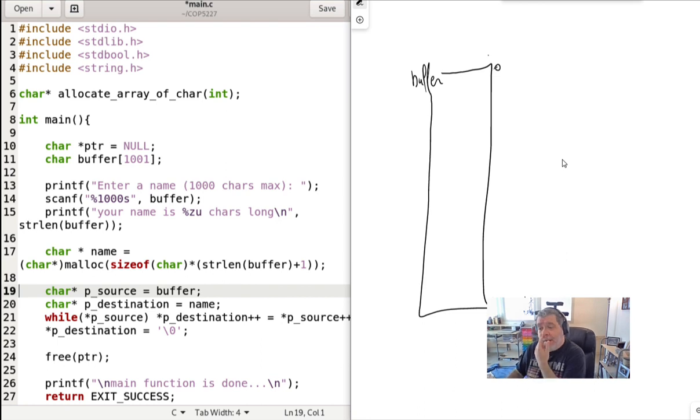Okay. All right. I have this. What else do I have? I have ptr, but I don't think I'm using it in this version of the code. No, I'm not. I have name. Name is just a pointer. Okay. And name, I allocate here